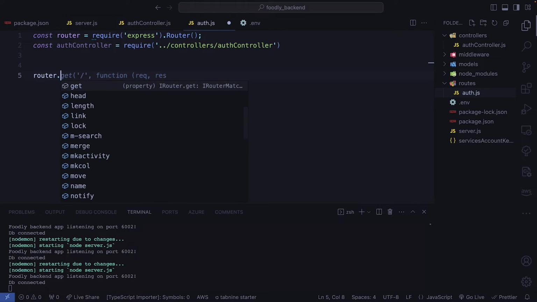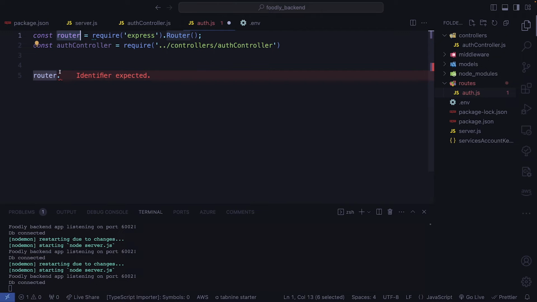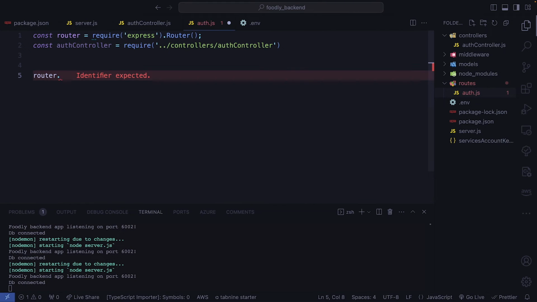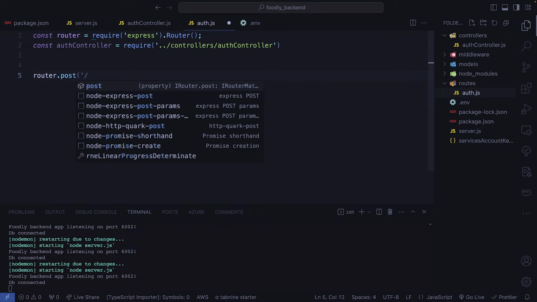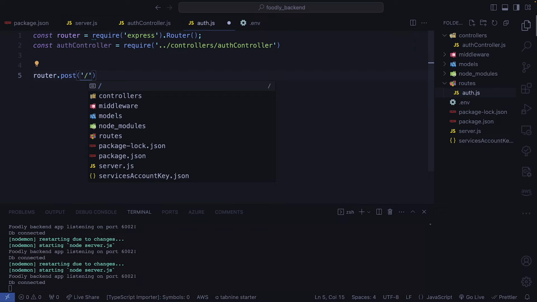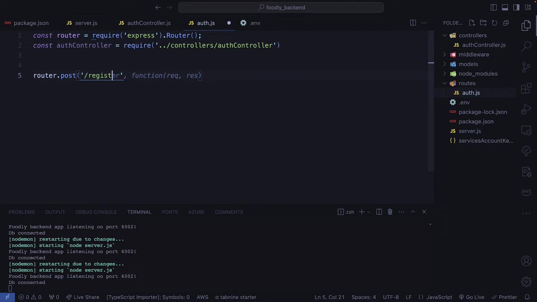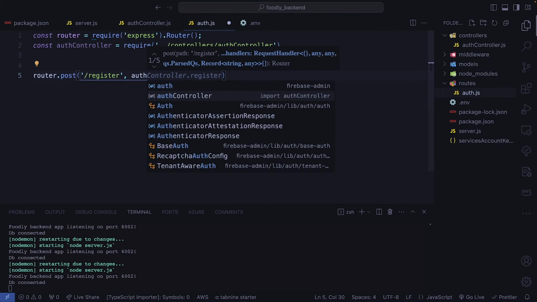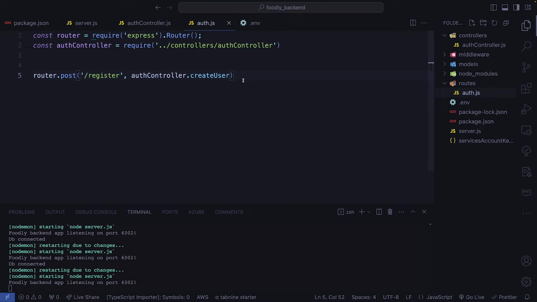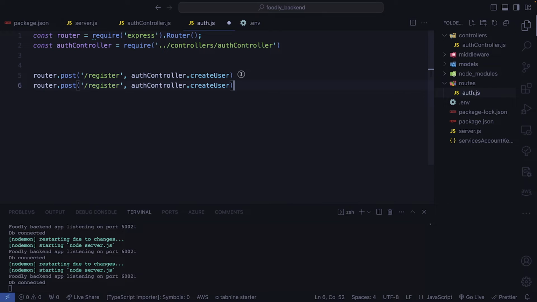So we use the instance that we create on top, this router instance that we created to get, not to get, but we are going to be using a post request. So here we just need to put slash. Okay. When registering, we're going to access our auth controller, and from our auth controller, we're going to create a user. Okay. So that's our first route, and we need to create our next route, which is to